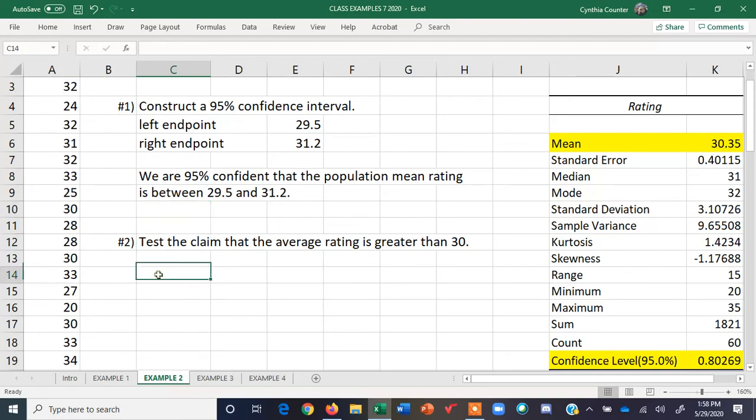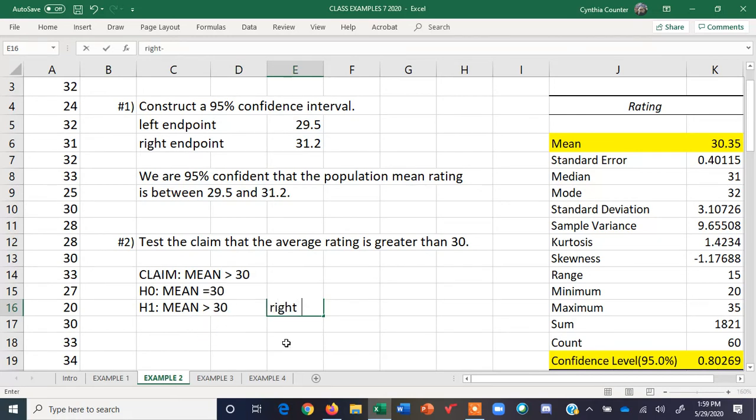Let's now do the test. So the claim is that the population mean is greater than 30. So the null hypothesis will be that the mean equals 30. The alternative will be the claim, since the claim is an inequality and it is a greater than, so this is a right-tailed test. As always, I am going to choose my alpha to be